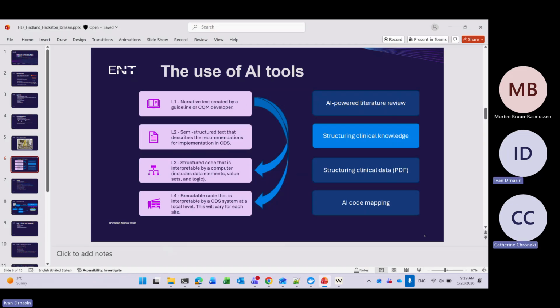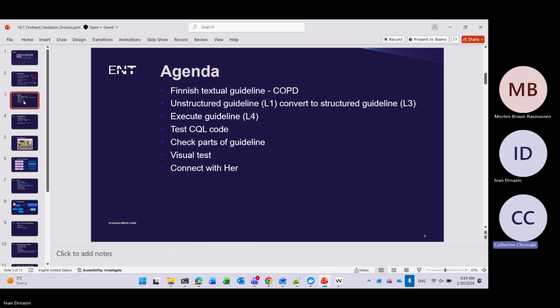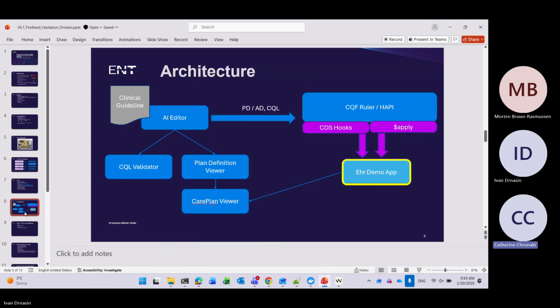Now we can start hacking here and converting to L3. So I'll also refer to some previous, maybe I'll refer here. So this is the architecture of what we have here. We have a clinical guideline.